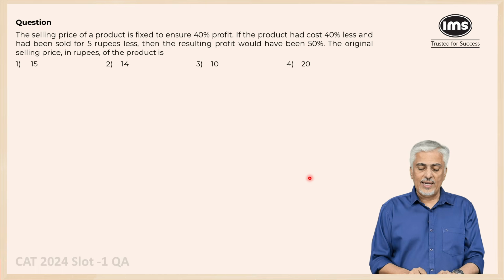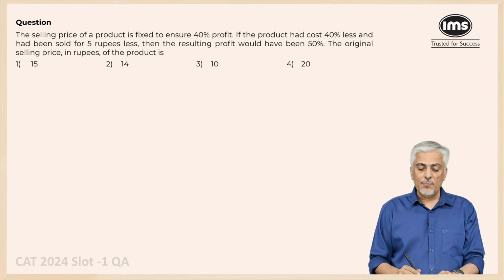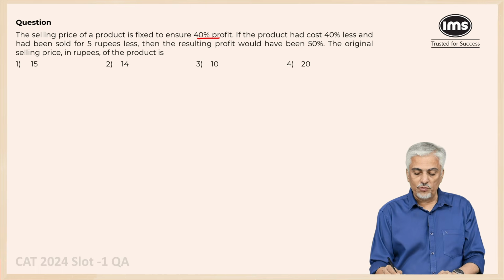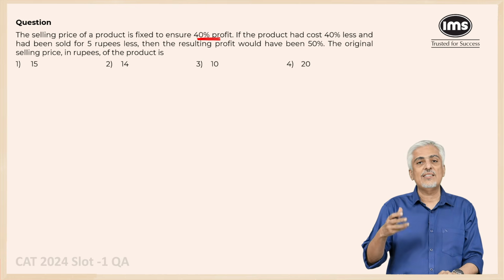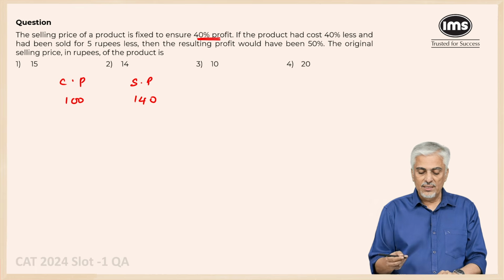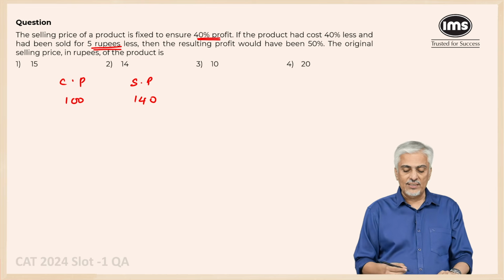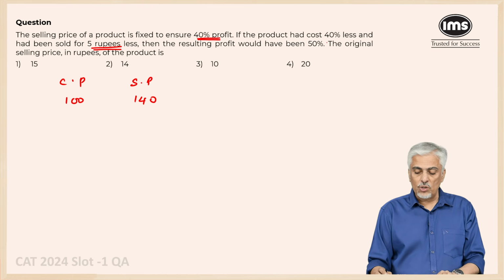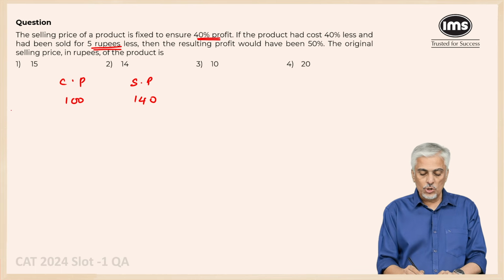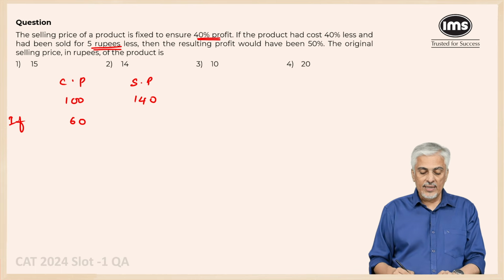The selling price, so profit and loss. The selling price of a product is fixed to ensure 40% profit. That means you marked it up at 40%. So if cost price was 100, the selling price was planned to be 140. Because there's a real number at the later stage, okay, let's read, I'll continue and tell you what to do. If the product had cost 40% less, so if the cost price was 60 instead of 100 and had been